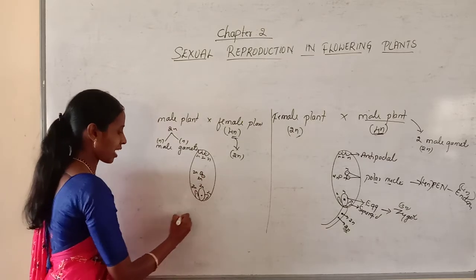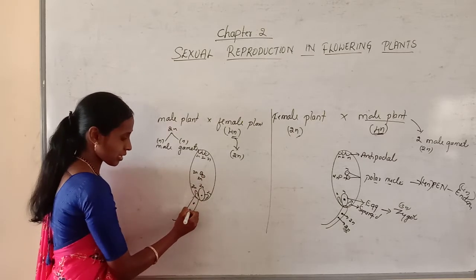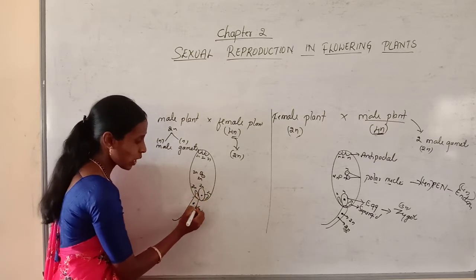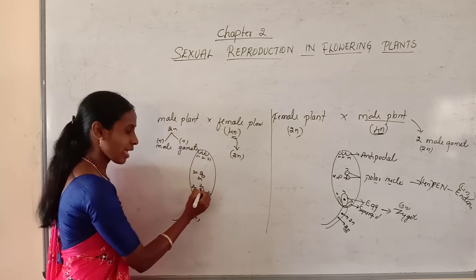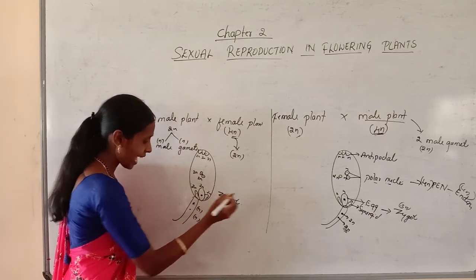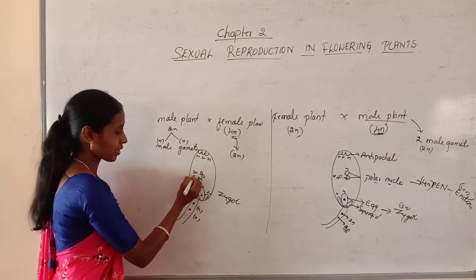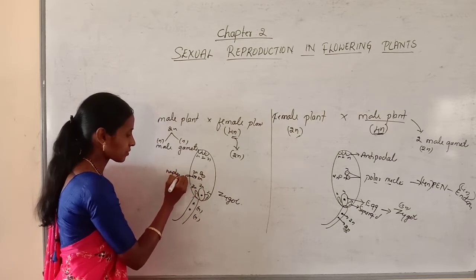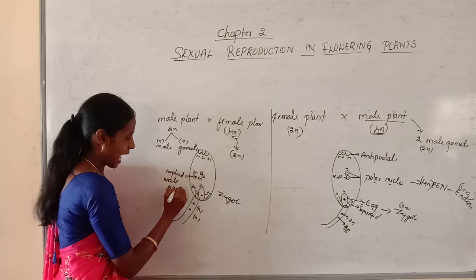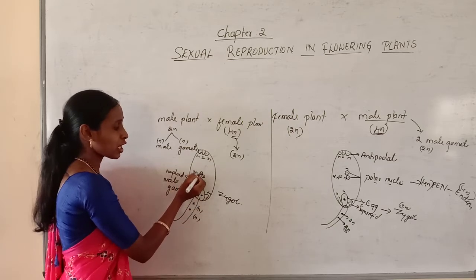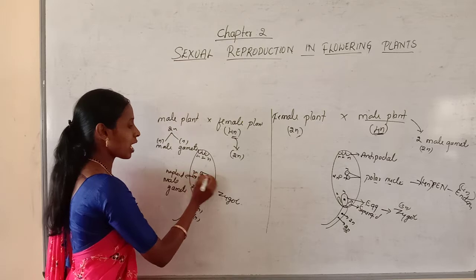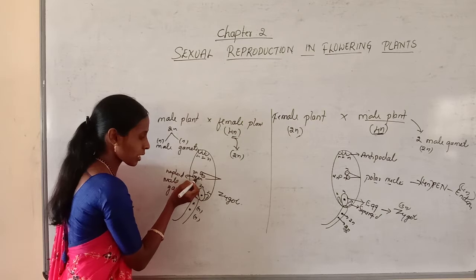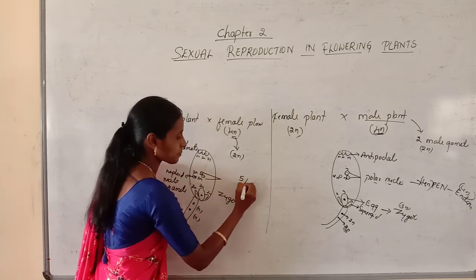Let us imagine during the fertilization. So during fertilization, one of the male gametes fuses with the egg. Now these male gametes are haploid. One haploid male gamete fuses with the egg, resulting in the formation of the zygote. And another haploid male gamete fuses with the 2 diploid polar nuclei. Now each polar nucleus is diploid, so 2n plus 2n plus n is equal to 5n.